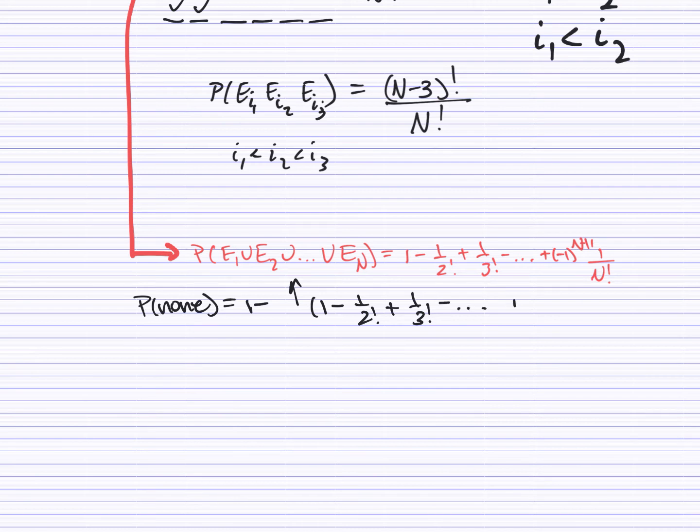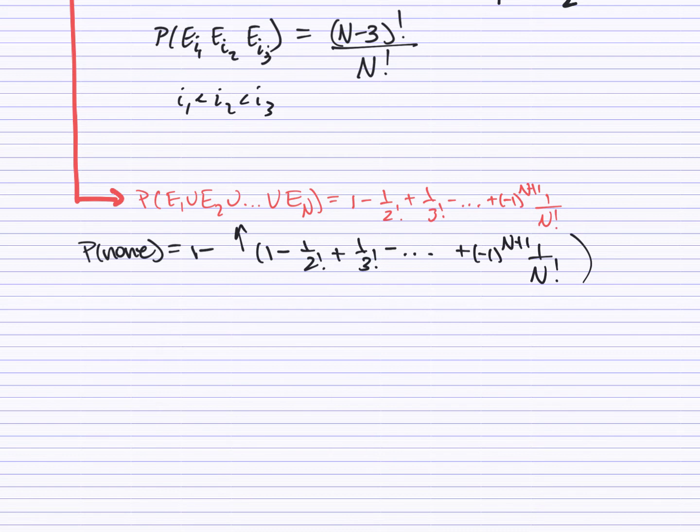Minus and so on, plus minus 1 to the n plus 1, 1 over n factorial. Right? And I know you're going to be very tempted to subtract those ones, but I don't want you to do that, okay? I want you to leave it like this,